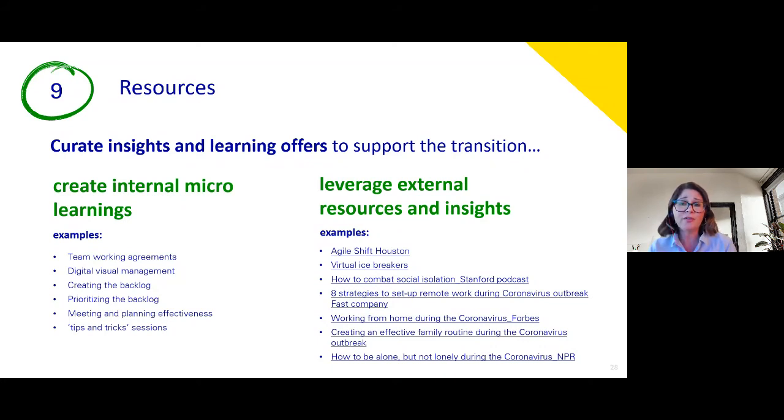I would also say on the flip side, it's not all about creating a lot of internal learning offers, but it's also about leveraging external resources and insights. And there's tons out there, as you will know. So sessions like this, or Agile Shift conference, there's loads of sessions that have been recorded. So lots of resources from partners like Improving, but there's also loads of articles, there's podcasts, there's a wealth of